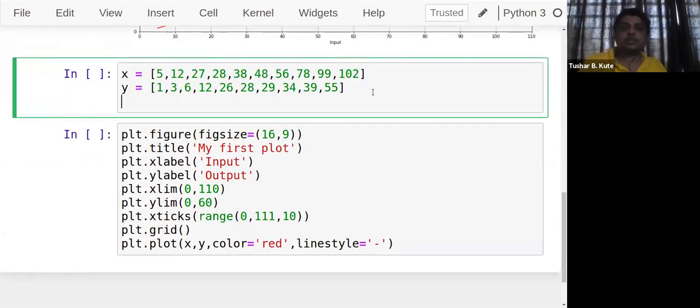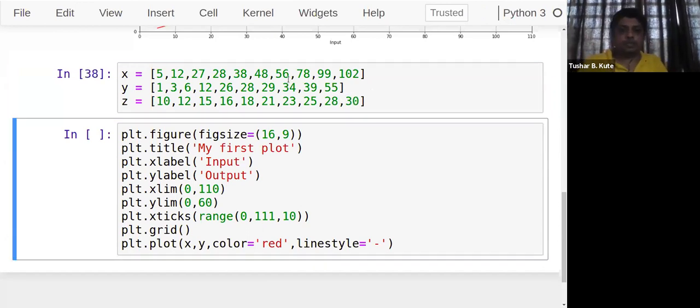Let's have a Z, another array or list, which will also contain some set of elements. Let me add those elements now. One more is required.